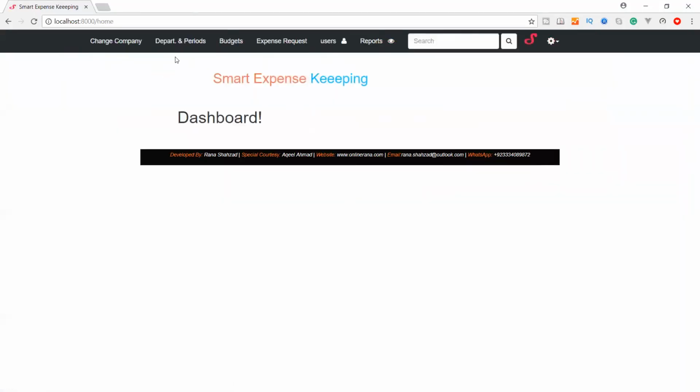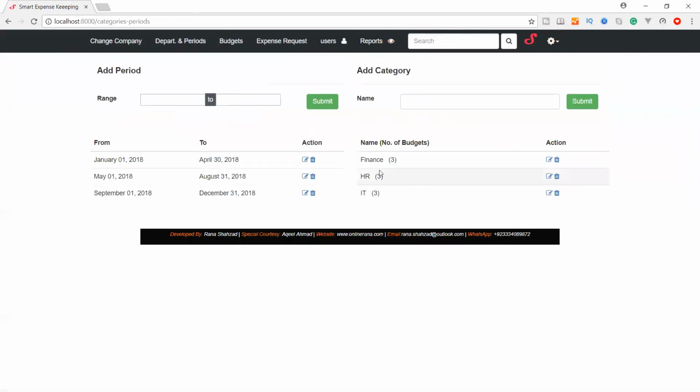So this user is logged in, and if I go to its departments, see it has in the Online Rana company finance, HR, and IT, but it is not displaying this company. We will fix it. It doesn't matter.